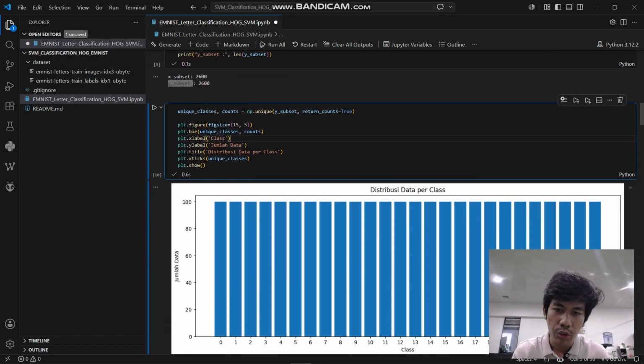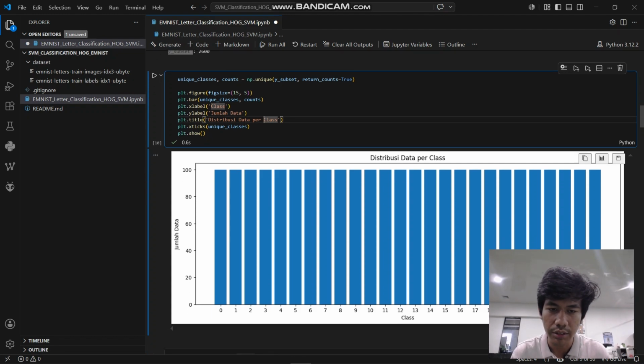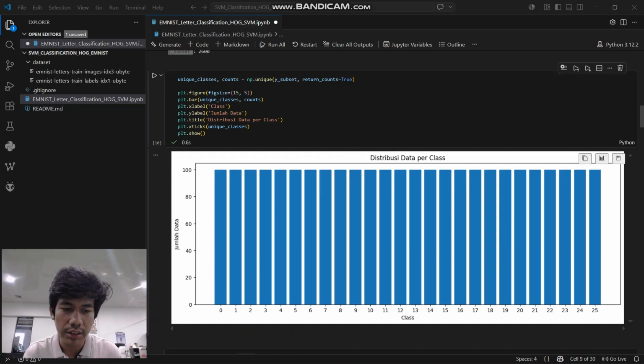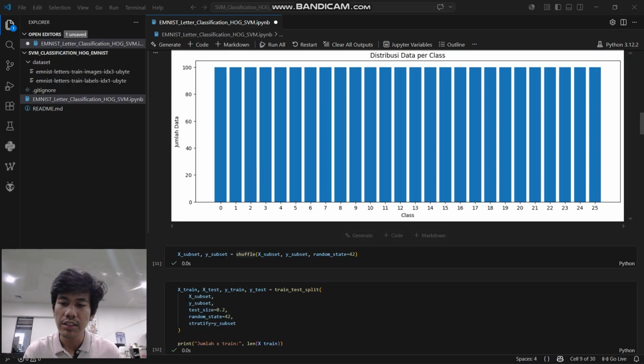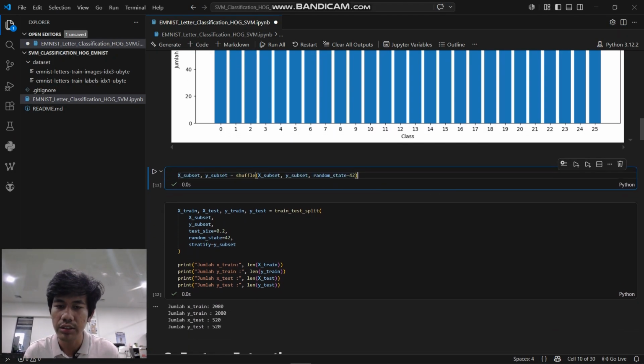Then we can double check by visualizing a bar chart. In this bar chart, we can see on the x-axis there are 26 classes, and each class has 100 samples, so it is balanced. The next step is to shuffle the dataset. This process is so the algorithm learns from randomly ordered data.